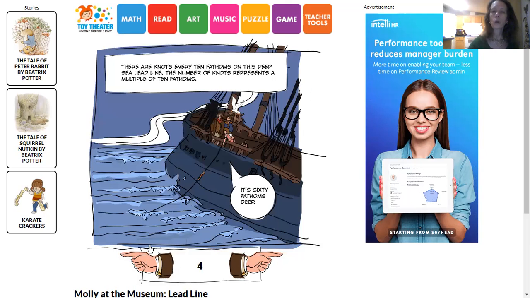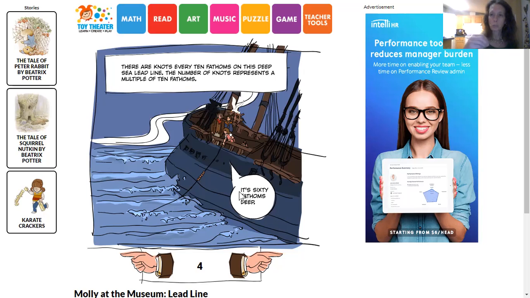They would take the rope and every 10 fathoms, they would put a knot in it, okay? And then they would lower it into the water, and then the number of knots that were showing told you how many fathoms deep the water was. So for example, if this one says that the water was 60 fathoms deep right here,